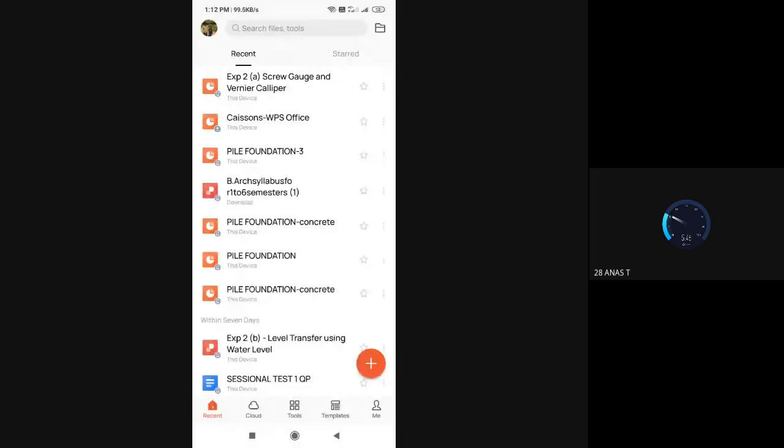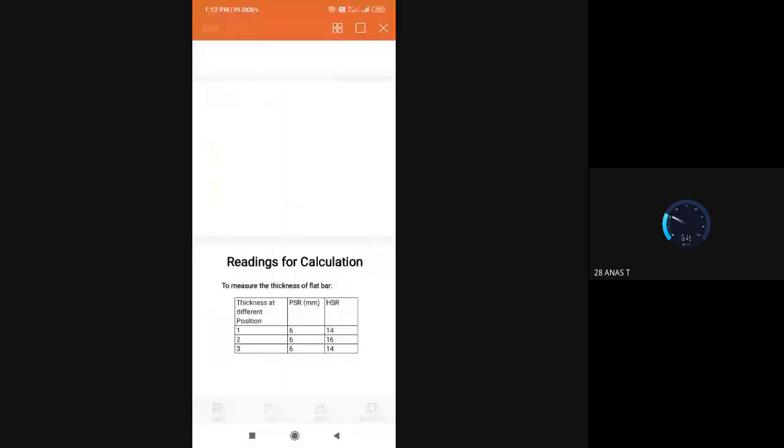It is actually 1B. So 1A was calculation of built-up area, and 1B is area calculation using the total station. So next one is 2A. Actually, this is an experiment which you already